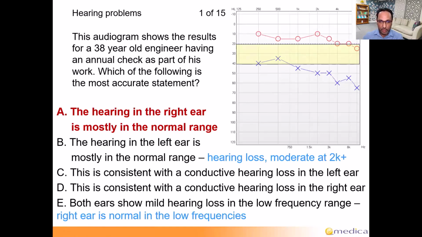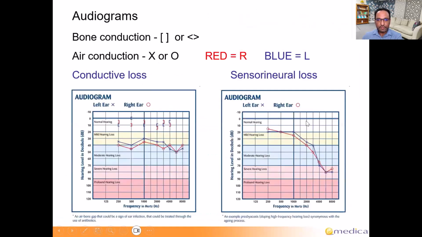If there is a conductive loss. So look, this is mild loss, then it gets worse. This is all normal, all right? So bone conduction is shown by brackets, air conduction is shown usually one ear with a cross, one ear with a circle. Good way to remember it: air passes through a circle, all right? And then when they're in color, the right ear is always red, therefore the blue one will be the left